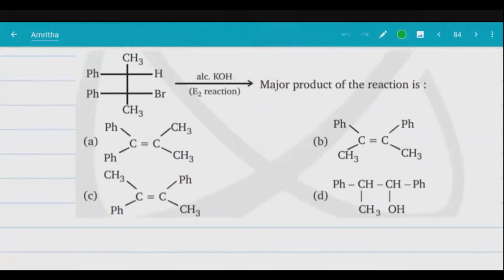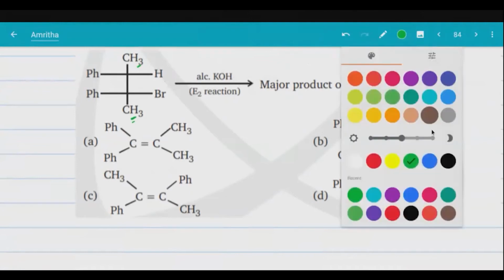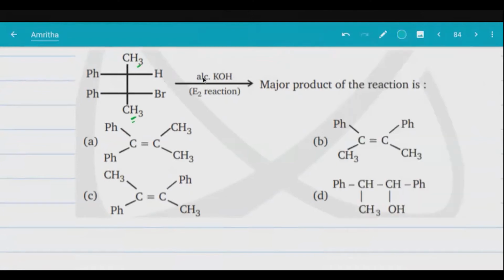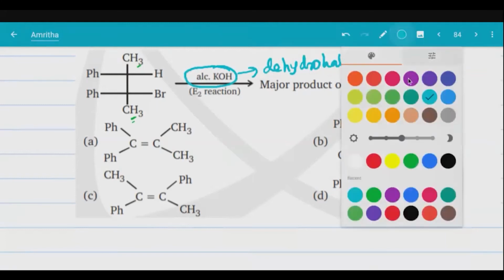How to solve this question? This is a Fischer projection, no? When you write horizontal lines and vertical lines, this is a Fischer projection. And whenever alcoholic KOH is given, this must be dehydrohalogenation. This is a trick. Alcoholic KOH means it is a strong base. This will undergo dehydrohalogenation, meaning removal of HX,